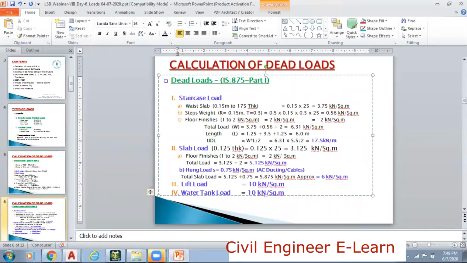This would be around 6 meters length, and we know it is a 6 meters length, and this is the load, and this is the final load. 6 into 6, and then 6 into 6.31 divided by 2, which would be around 17.5 meters again, right? So this is the slab, this is the staircase load, and this is the staircase load we have to apply